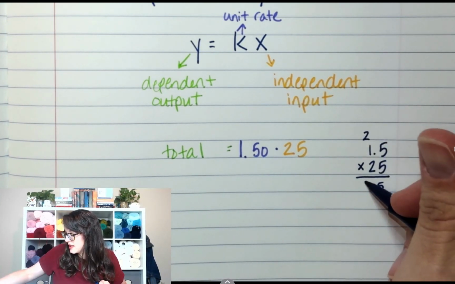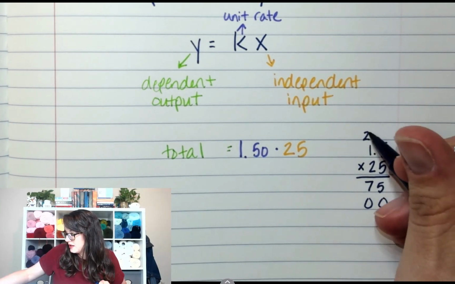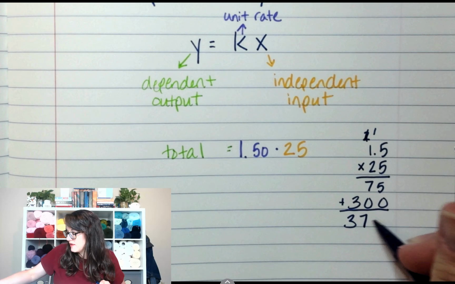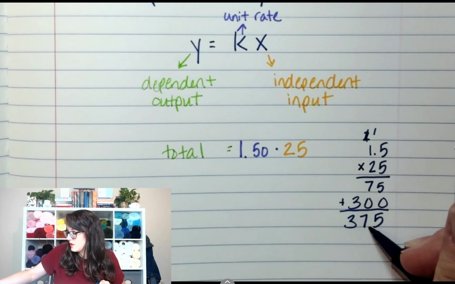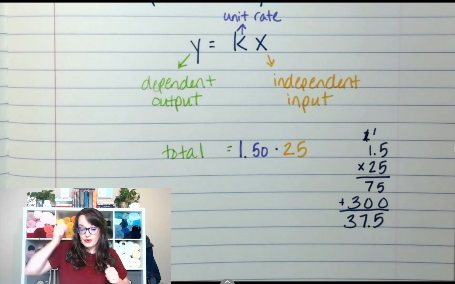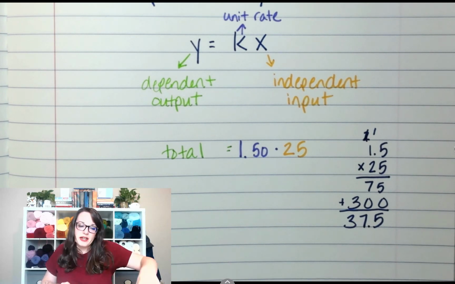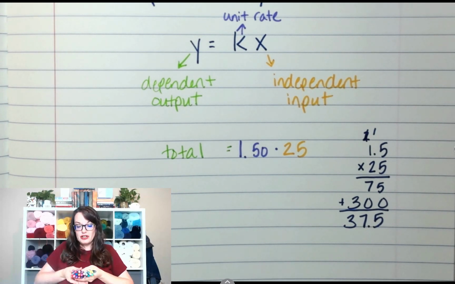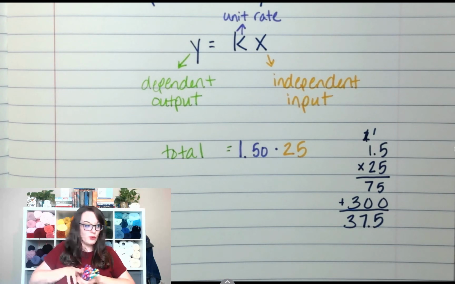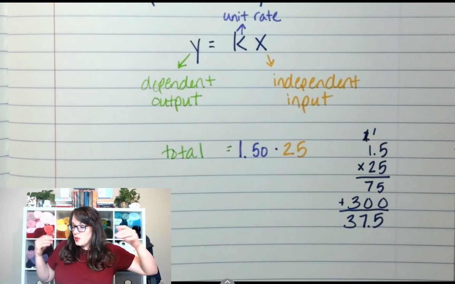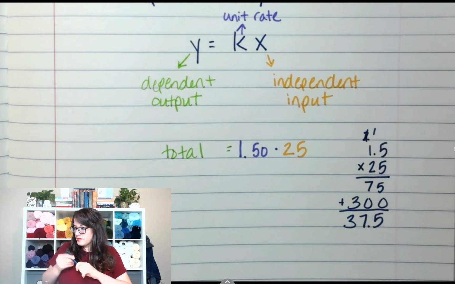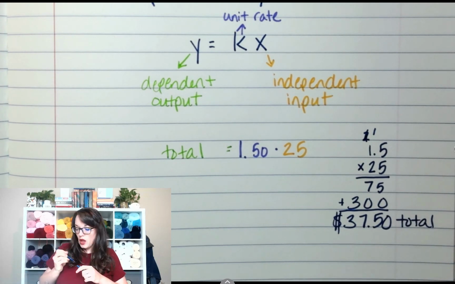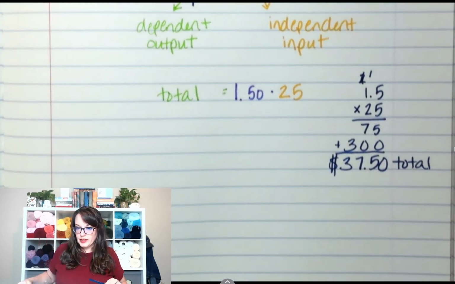So 1.5 times 25. 25, 70, 0, 10, 3, add 3, 7, 5, 1 decimal, 1 decimal. So I didn't spend $37.50, but that's honestly less than what I was expecting. So this is $37.50 worth of my Jelly Roll pens. So what if I had to go backwards? Well, let's see, let's total, and we're gonna put a money sign. Okay, so if I go backwards,